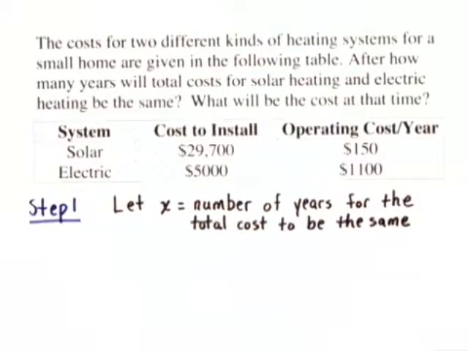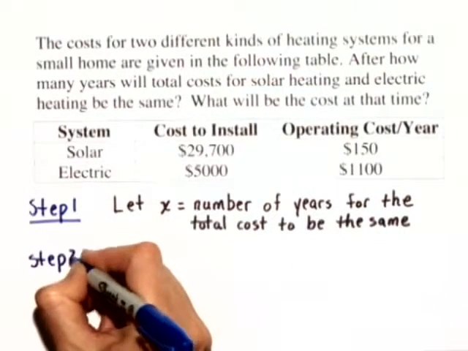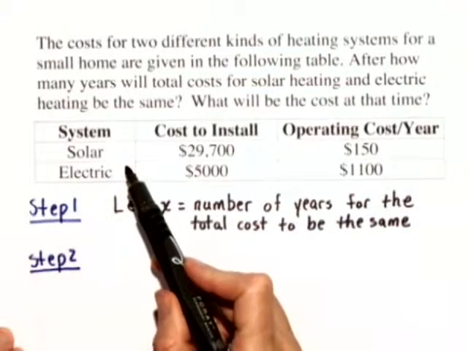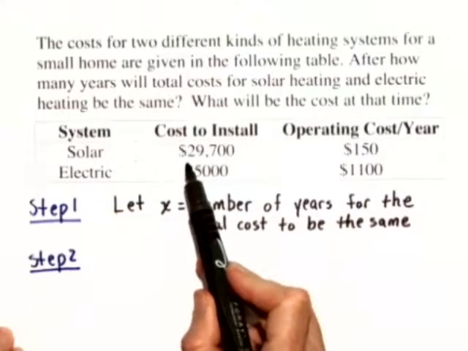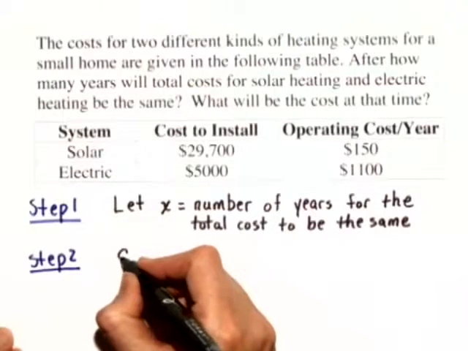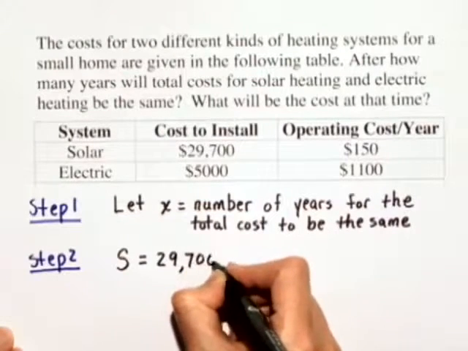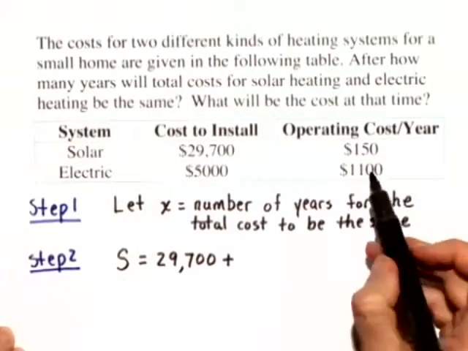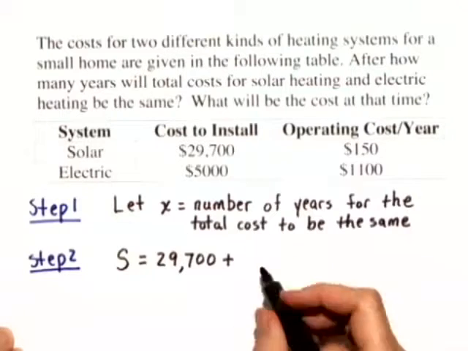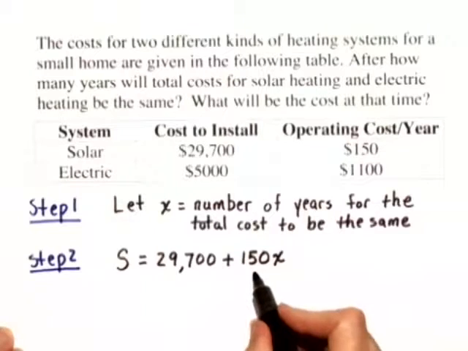So in step 2, we want to represent the unknown quantities in terms of x. And we can get those unknown quantities from our chart here. The solar system has a cost to install. That's a fixed cost of $29,700. So we'll call this capital S. That cost is going to be $29,700, plus it also has a variable cost. In other words, each year the cost is $150. Since x represents the number of years, we can just write 150 times x to give us the cost for